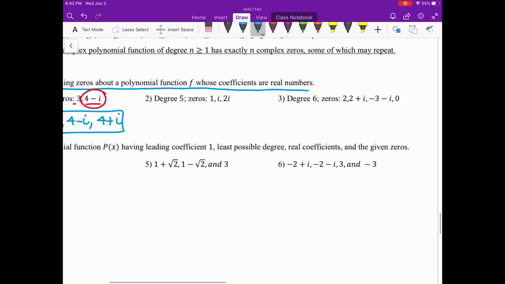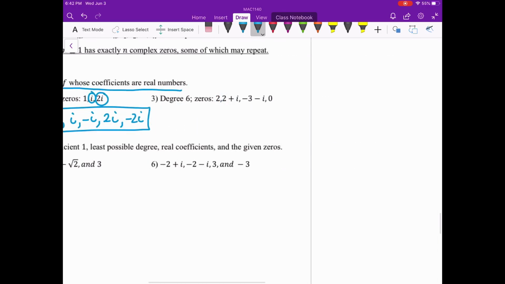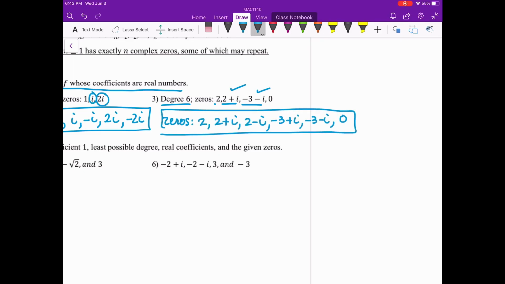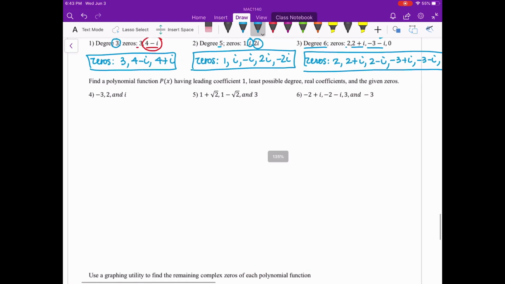This one is degree 5 and the given zeros are 1, 2, and 3. But these two are complex and the conjugates are also zeros. So the zeros are, this one is degree 6 and the zeros given are 2 plus i, negative 3i, and 0. So far here I have 1, 2, 3, 4 zeros, but these ones are conjugates. So the zeros are,